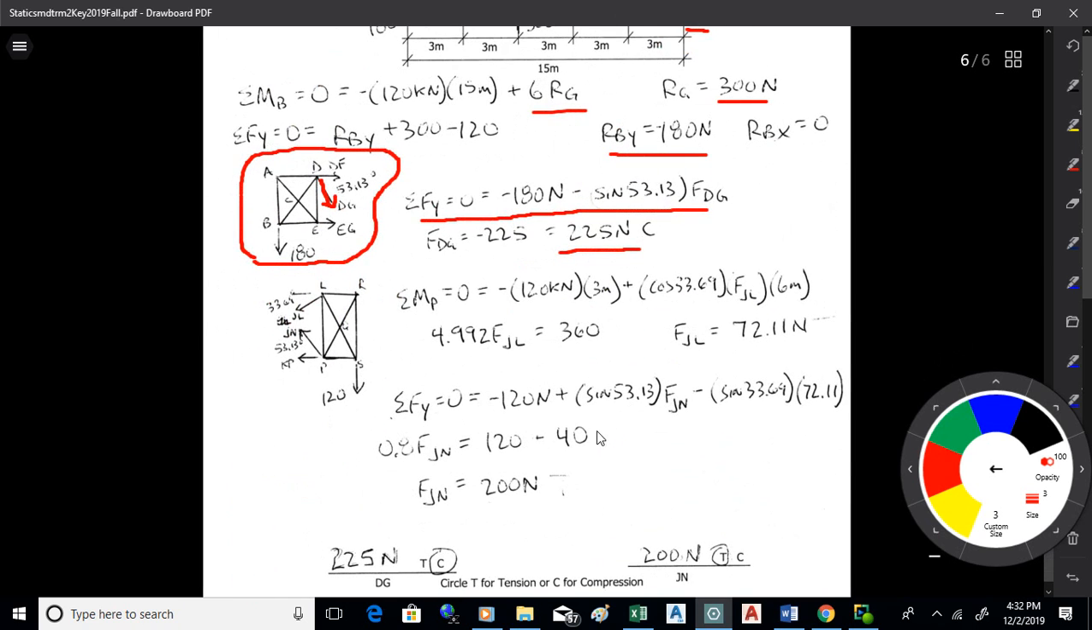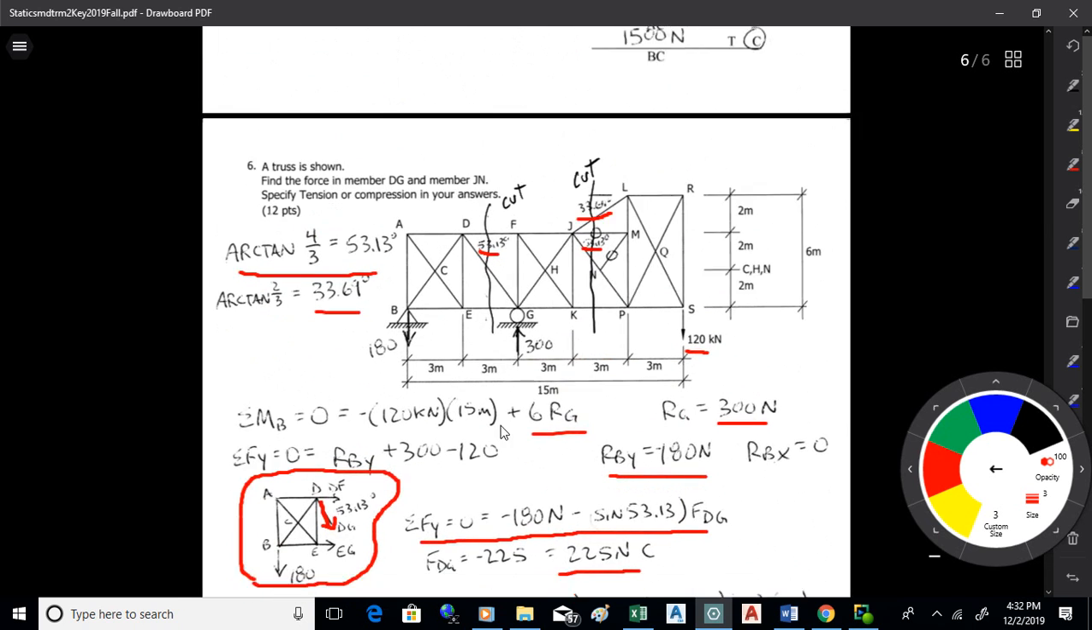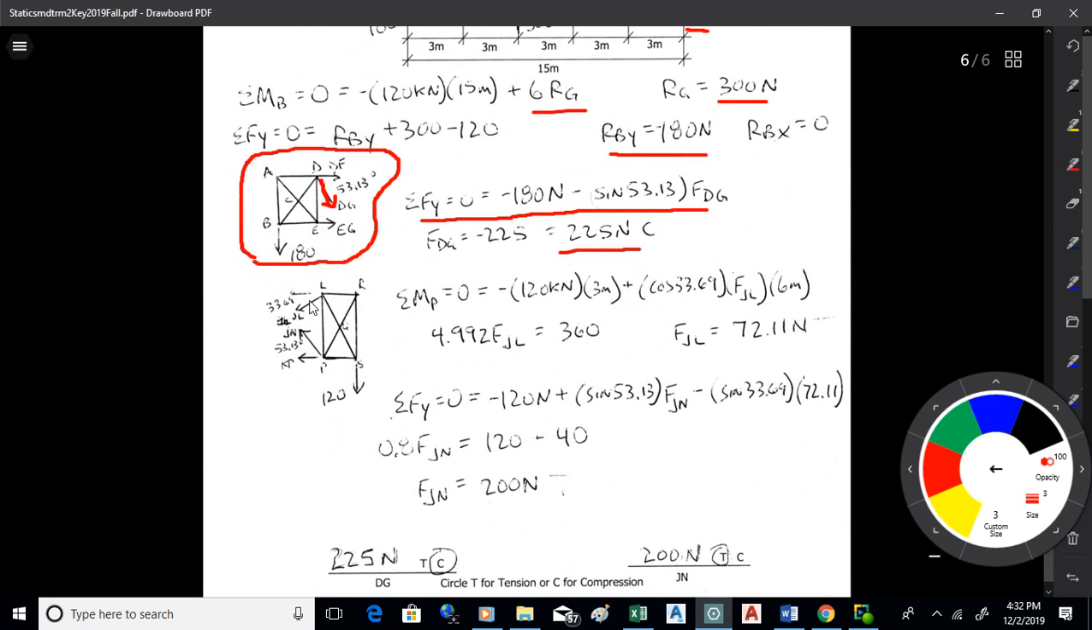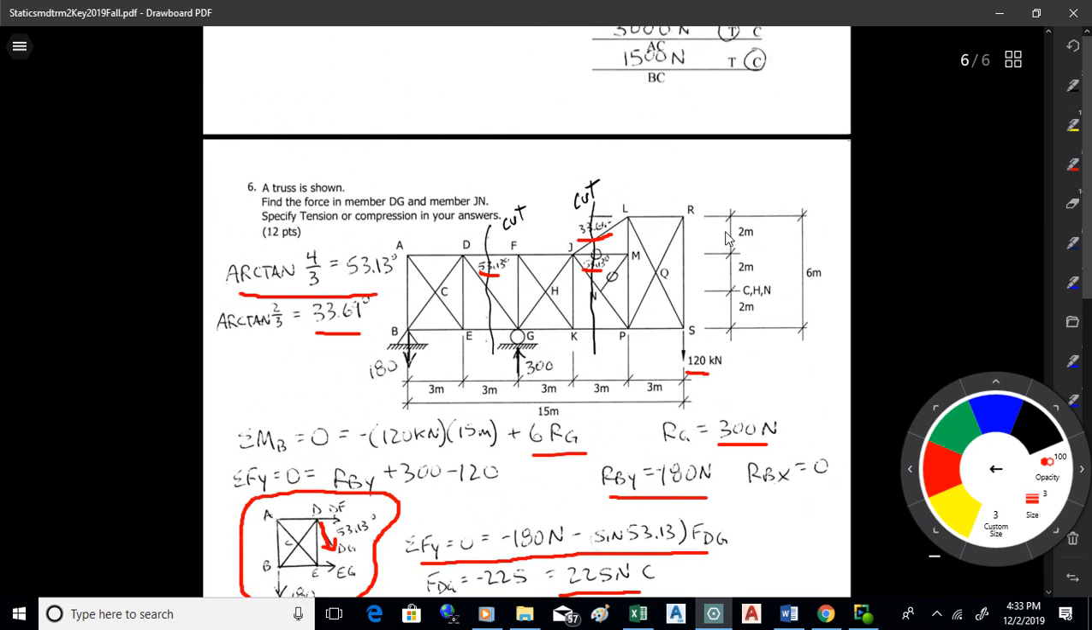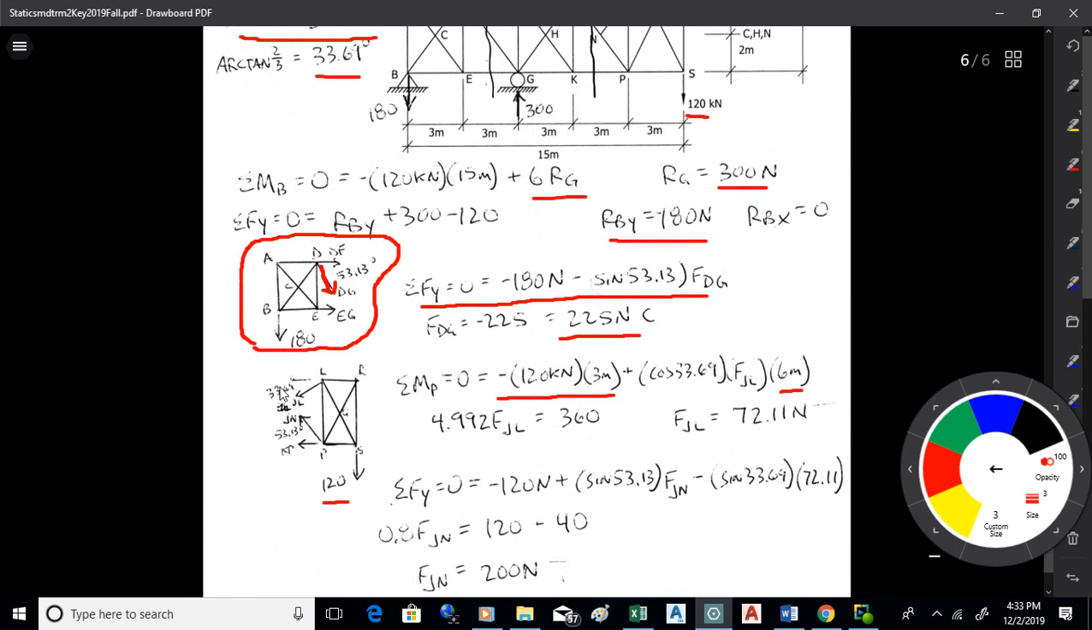Now there's different ways to do this. The way I did it here was I used the right-hand side with that 120 going down. Okay, I've got JL, JN, and KP as unknowns. If I take moments about P, I'll get the 120 times 3, clockwise is negative, and then I've got cosine 33.69 times JL times 6. Okay, 2, 2, and 2 makes 6 there. And that gets me the counter moment there for JL. I can solve for JL. It's